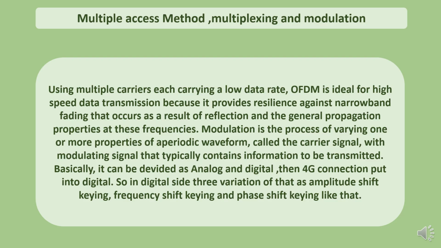4G uses OFDM, orthogonal frequency division multiplexing, as its key technology. Instead of sending one high-speed data stream, OFDM divides it into many smaller subcarriers, each transmitting part of the data at a lower rate. This approach makes the signal resistant to interference and multipath fading, which is common in wireless